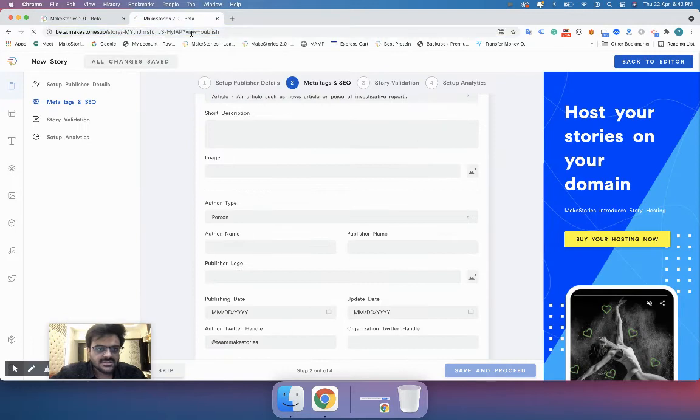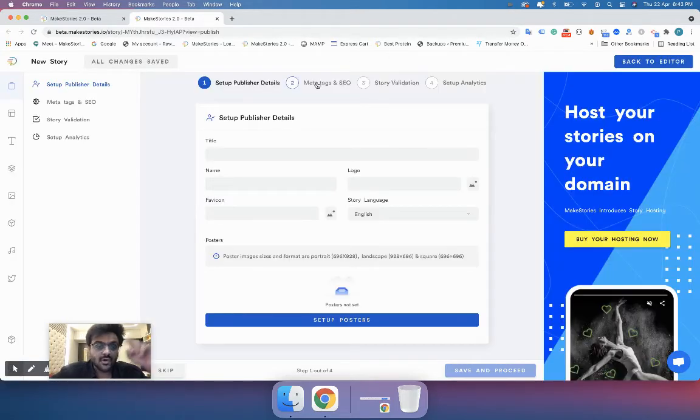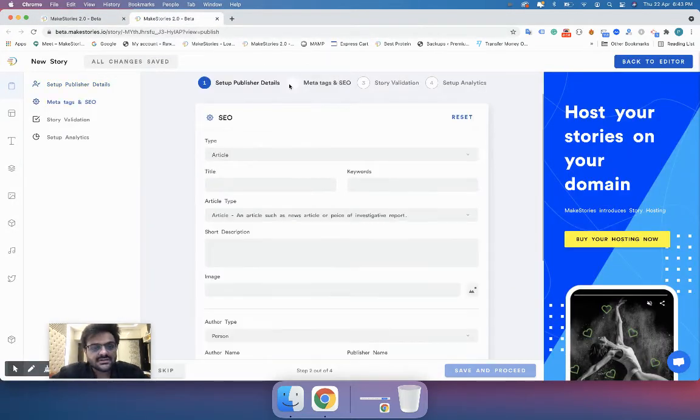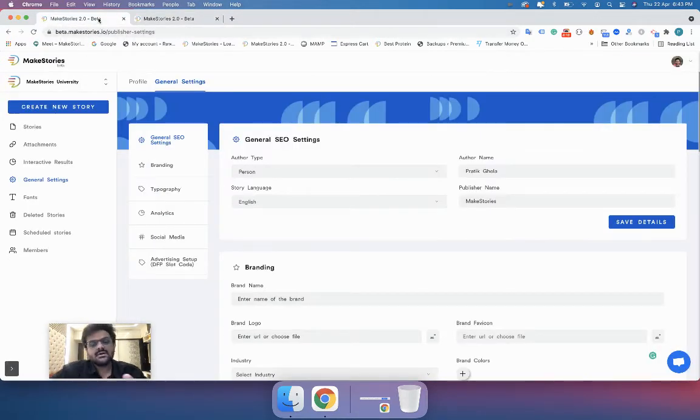Now I will just refresh this, because this is an issue that you will face sometimes and you will think that you have already saved the general SEO settings, but they don't reflect here. So I will click here and now you will expect these three fields to be filled up, but they are not. So let me clarify one thing: these general SEO settings will apply to stories that are created after saving your general SEO settings.